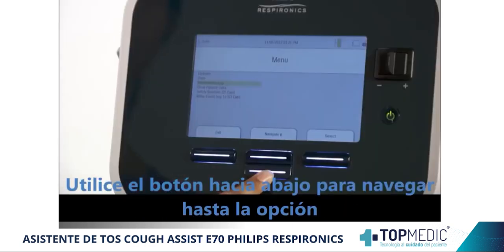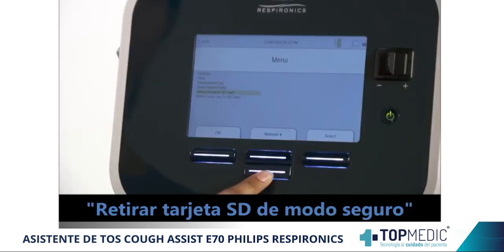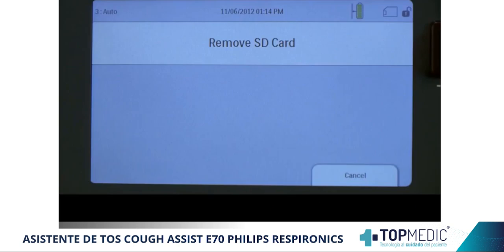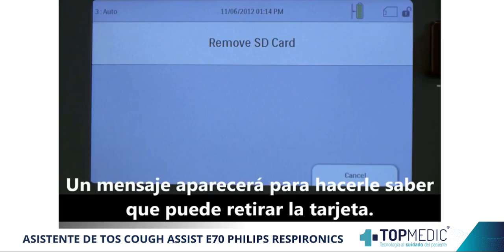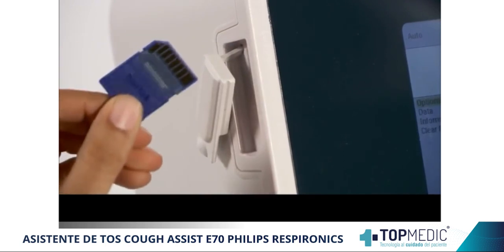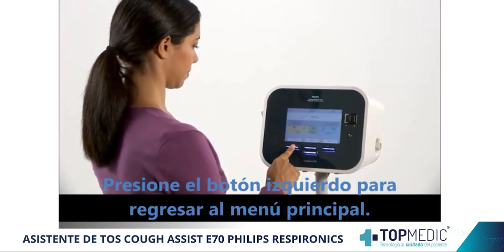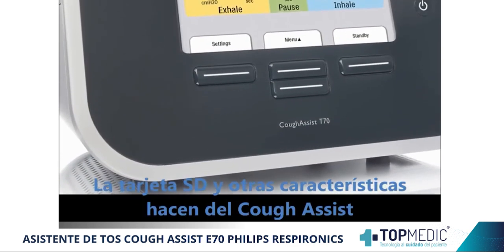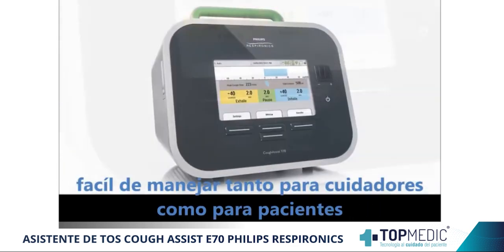Use the down button under Navigate to move down the list until Safely Remove SD Card is highlighted. Press the right button under Select. A Remove SD Card message will appear to let you know that the card can be removed. Press the left button under Exit to return to standby. The SD card and other features make Cough Assist T70 easy for caregivers and patients